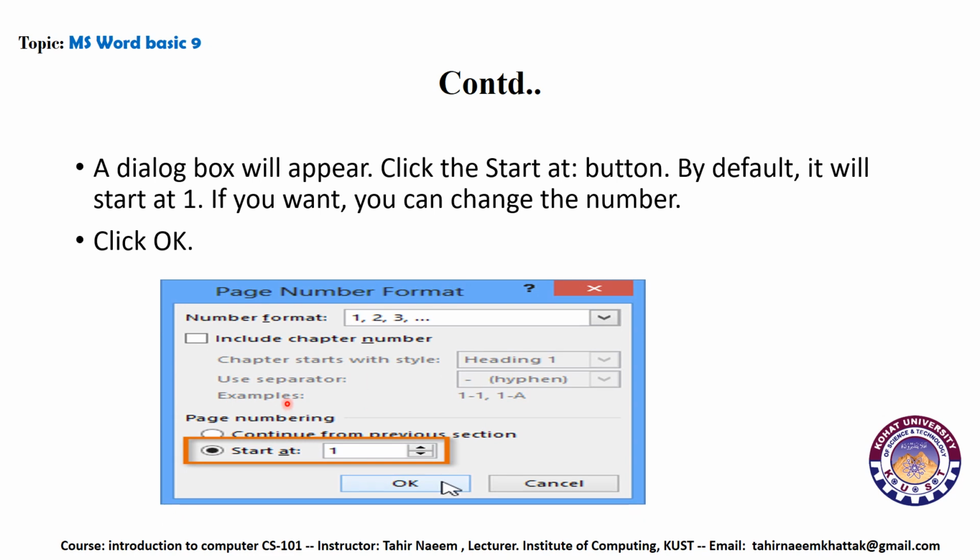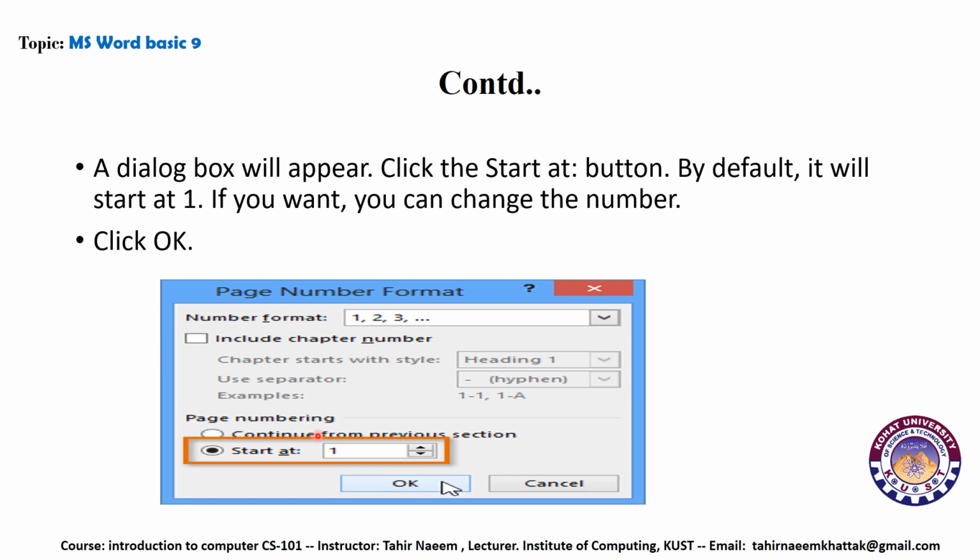Here are different options: the number formats, which contain 1, 2, 3, or letters, or different options will be available to us. Here we have Continue from previous section, so it will be a continuation of previous page numbers, while with Start At 1, the page numbering will start from 1, and here we will click on OK.